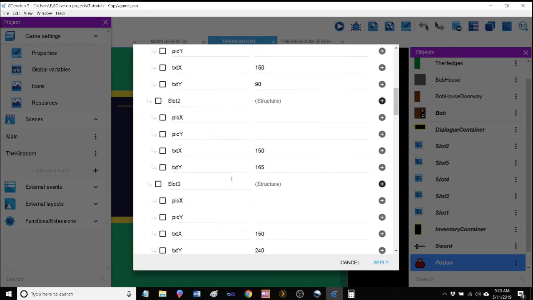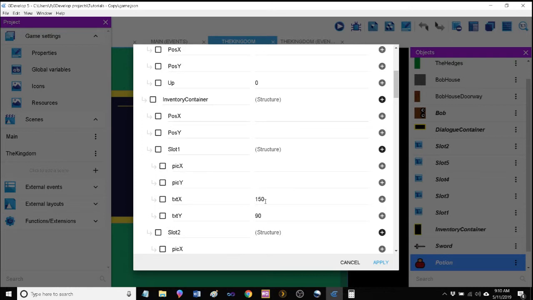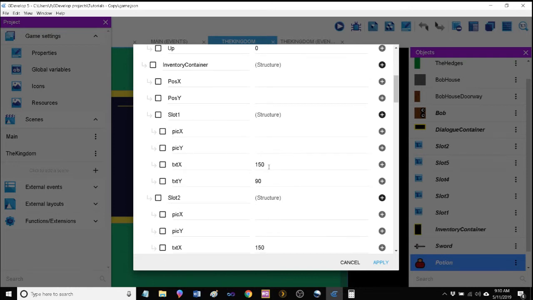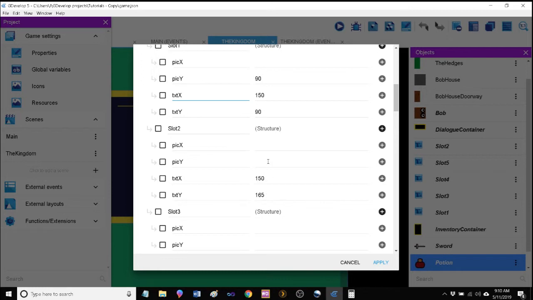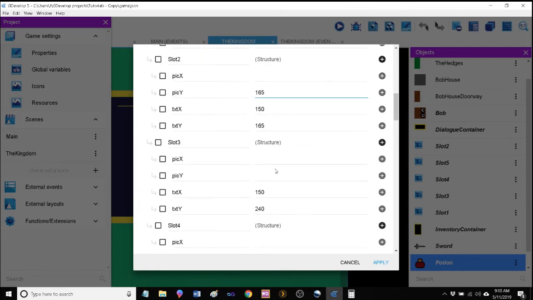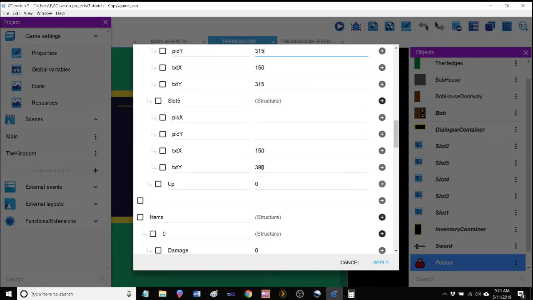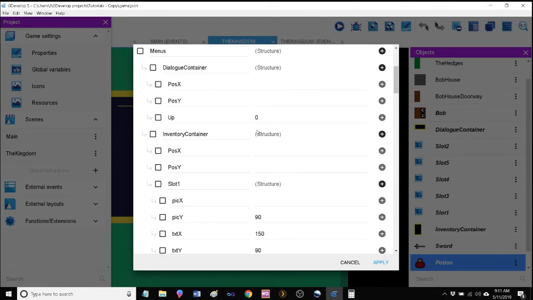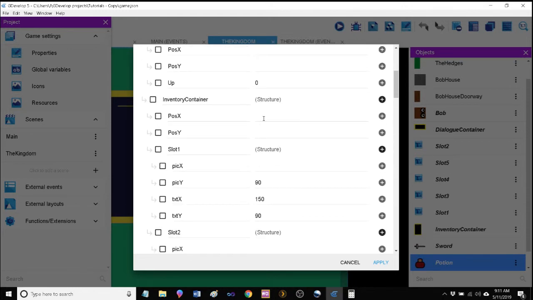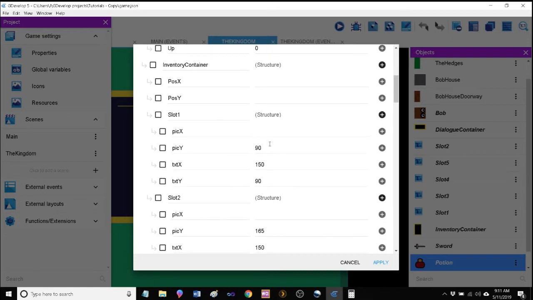All right, and we can actually hard code some of this already too, because like I said, the Y value is going to stay the same as its corresponding slot. So, for example, the text Y of 90 is going to be 90 here as well for pic Y. 165, 240, 315, and 390. The X value for each is going to stay the same because we want it all lined up. And we want to give at least 64,